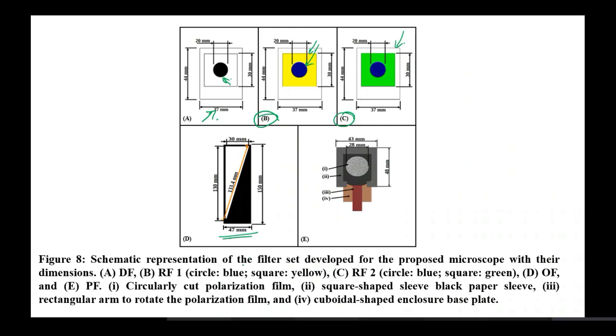Similarly, we have used another type of Rheinberg illumination filter, and then we have used this oblique illumination filter. Now, what is this and why would you want to use that? Suppose you are looking into the light source over here. So I'm looking from the top view. From here the light comes. Now, when you place this filter over here,